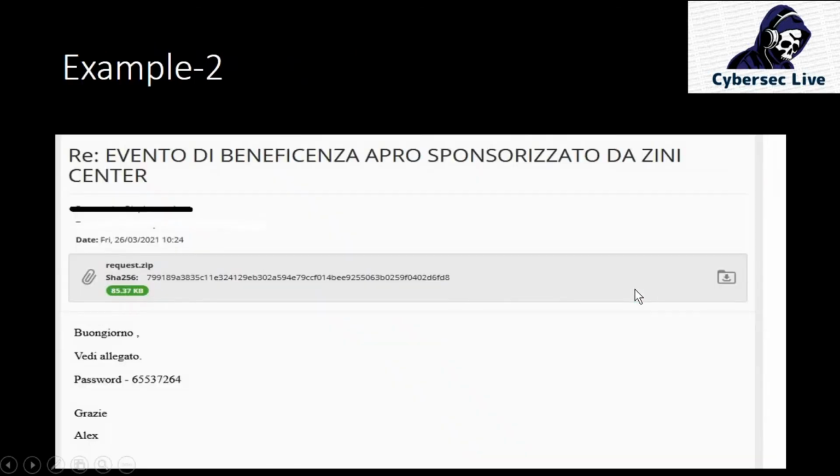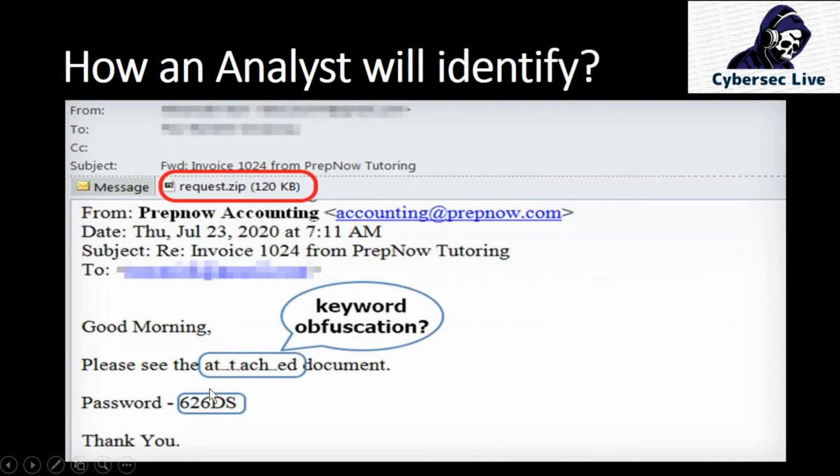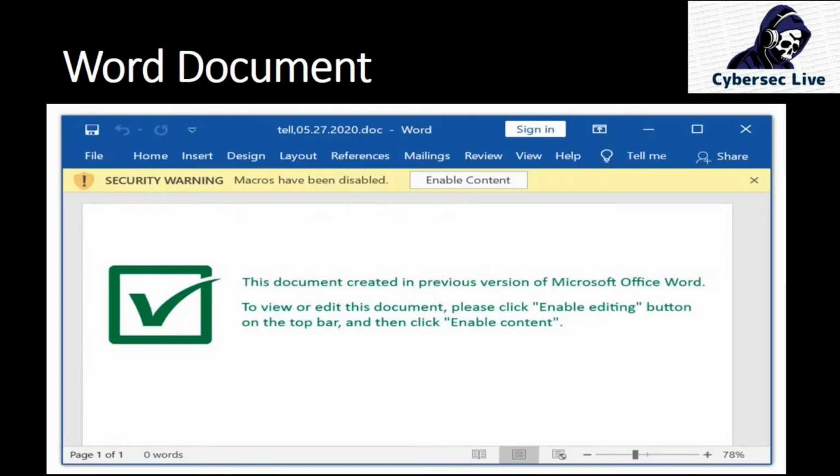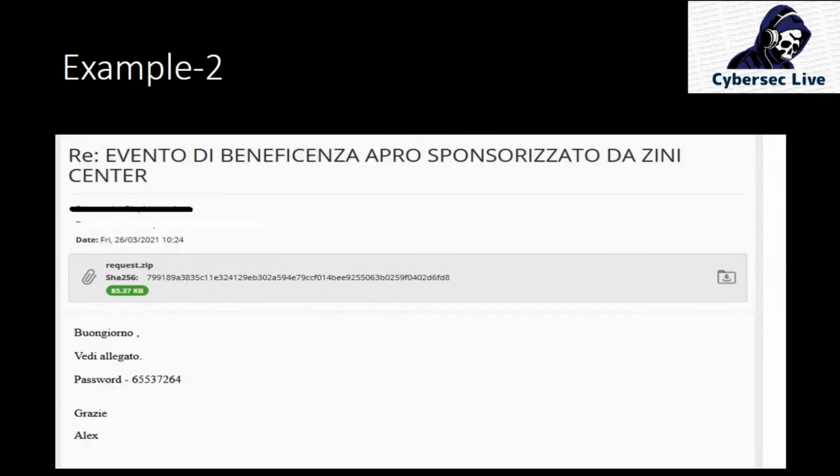And let me show you one more example. This is the second example I'm showing you: one of the emails with request.gif and the same .zip file name, but having a different password. So this is how you will identify whether it's an IcedID malware or not. Make sure that if there is an image in that, it means it's IcedID. If there is no image and there is a link, then you can be sure that it might be Emotet. That's the only difference I can say.